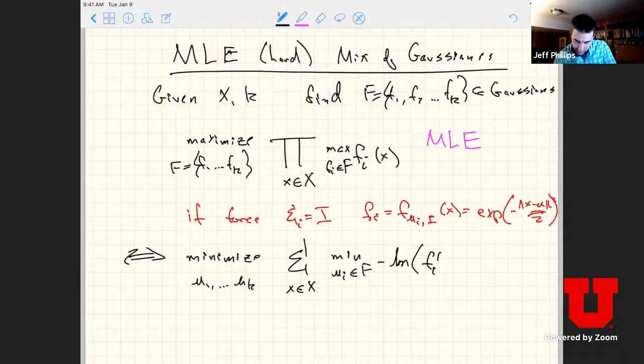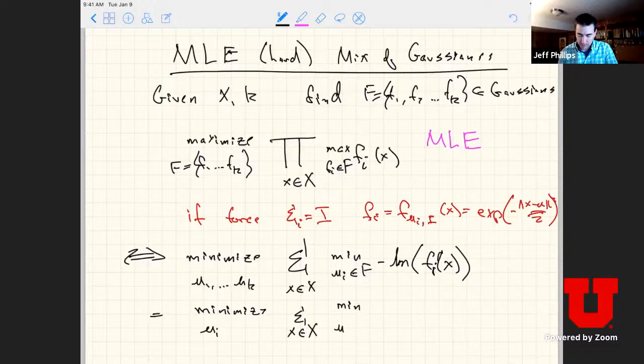Write that a little more clearly. F of I of x is going to be equal to the minimum over mu I of the sum of x minus mu I. And if I take the negative